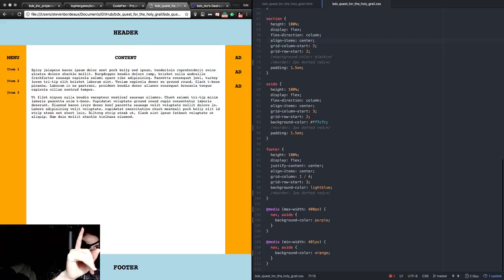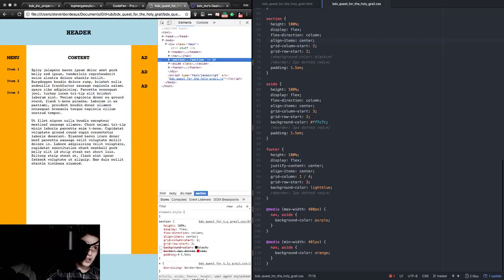We were inspecting, so it goes from orange to purple. I just like the fact that it changes with multiple sizes. This is so awesome. So, what we're shooting for, really, is background color. So, minimum width, when it's less than 401, it's orange. We want when it's less than 601 to be like Topher's, which means we don't need max